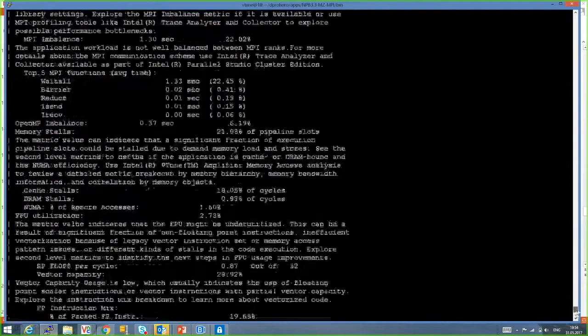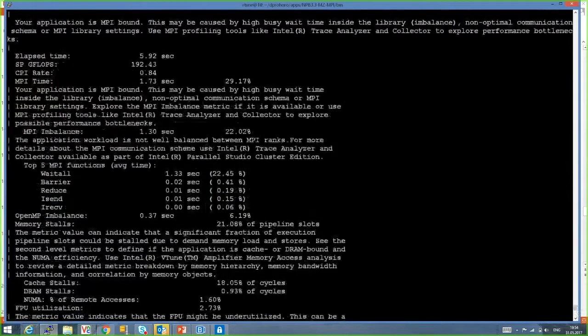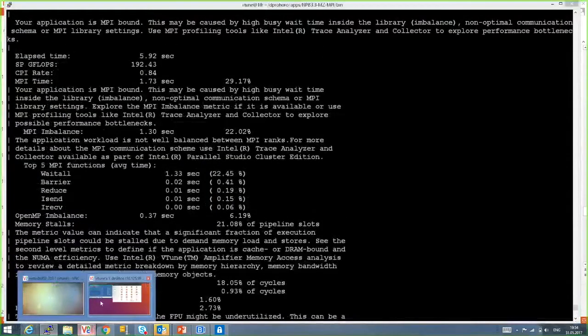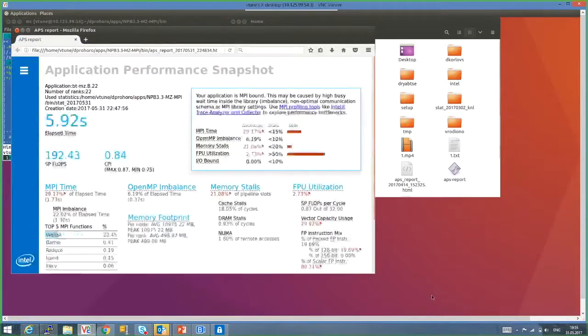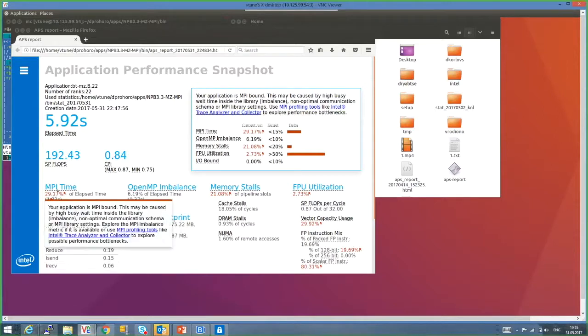and let me go to GUI view because it might be better. So in here, what we can see is the MPI time, right? As a fraction, about 30% of the wall time,